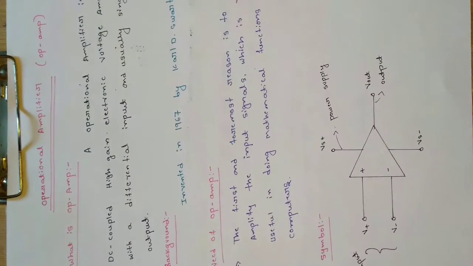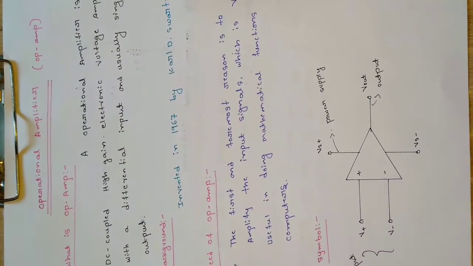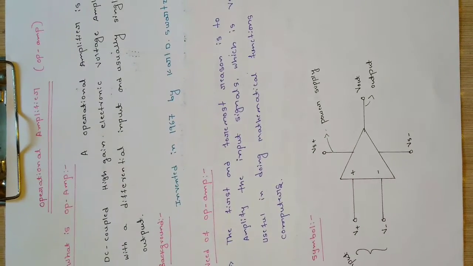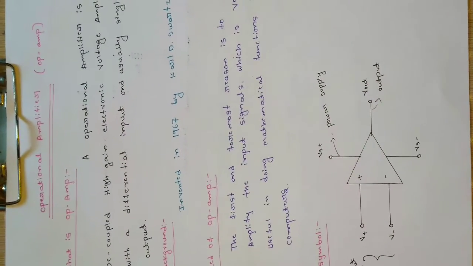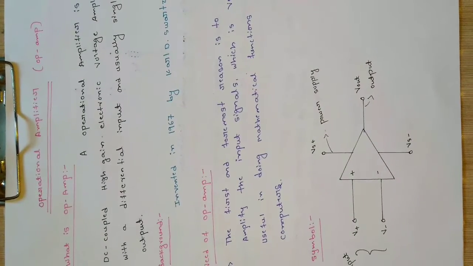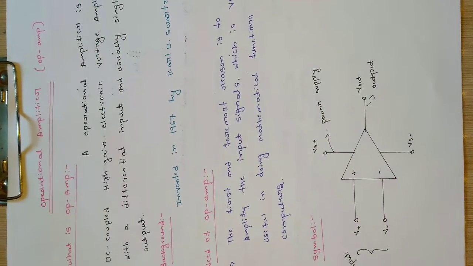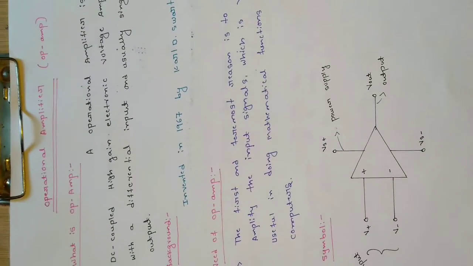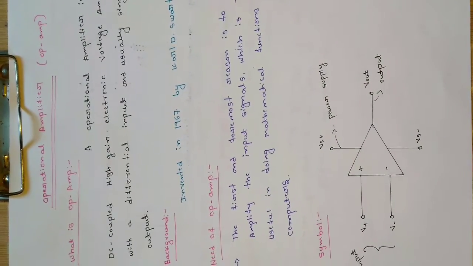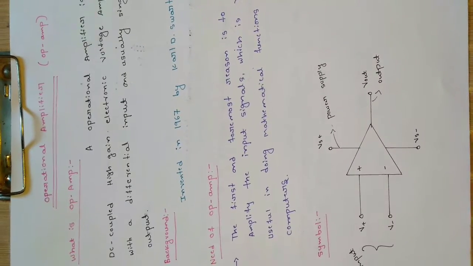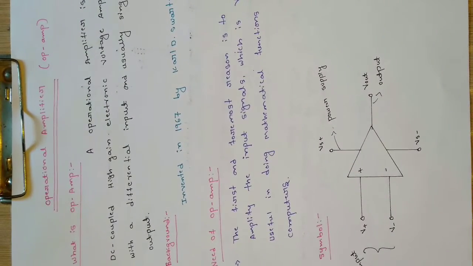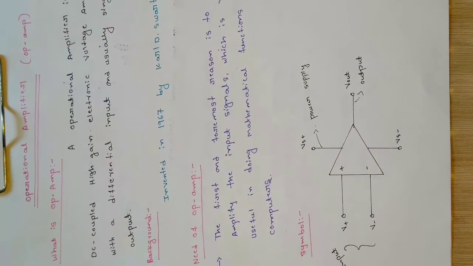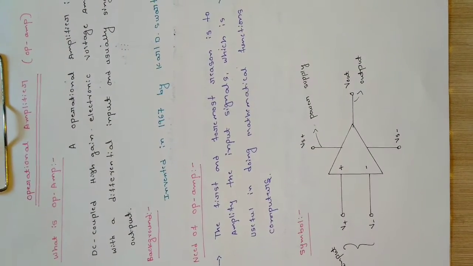So first we'll see what is op-amp. An operational amplifier is a DC coupled high gain electronic voltage amplifier with a differential input and usually a single output. So no need to remember these things. Just, op-amp is a device which will amplify the input. If you are giving 1 volt as the input, then you will be getting around 10 volt, 20 volt or 100 volt as the output voltage, depending on the gain. So it will basically amplify the voltage of the input source. So that is an operational amplifier.